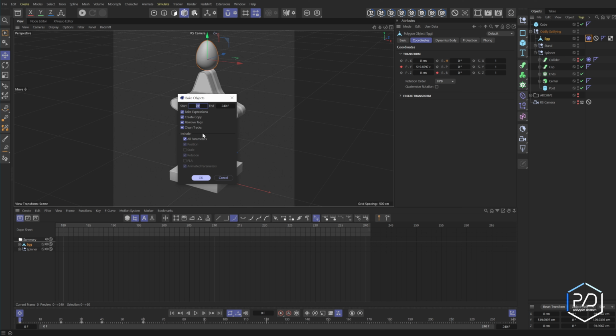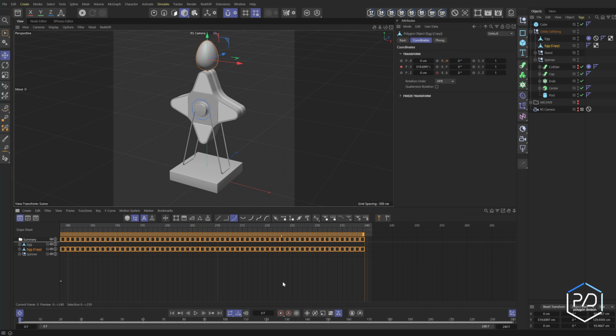And when we bake this, you want to make sure that you have bake expressions, create copy, remove tag, and clean tracks, and then you want to make sure you have this all parameters selected. If you don't do that, it's not going to work. So you click it, and there you go. You've got your keyframes baked out. So I'm going to take my original, turn it off in the viewport and in the render, and this copy